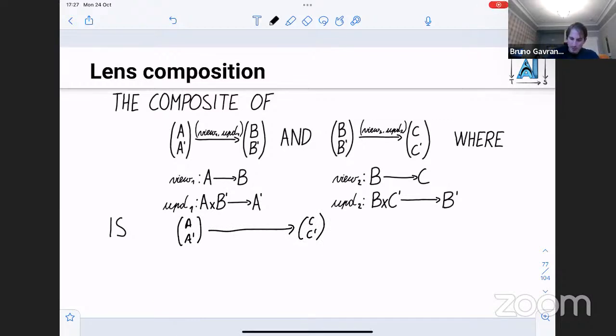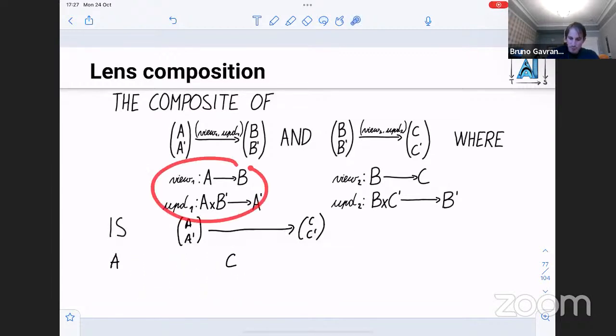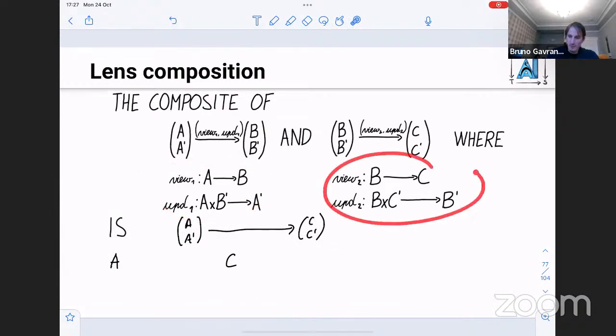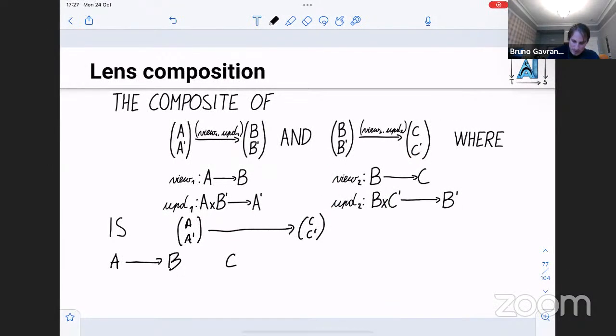Well, to do that, I need to tell you what is the forward map, what is the view map. So this is going to be a map from A to C. And how am I going to define it? Well, I can use the view 1 and update 1 maps for the first lens and the view 2 and update 2 maps of the second lens. So this is going to be defined as follows. The composite map view is going to be defined as view 1, and then I'm going to have view 2 after this. So view 1, view 2. So this is pretty straightforward,